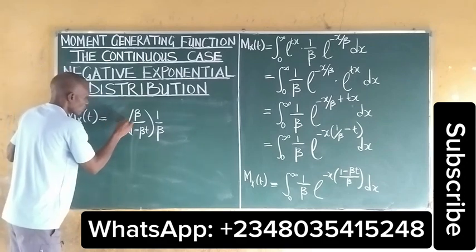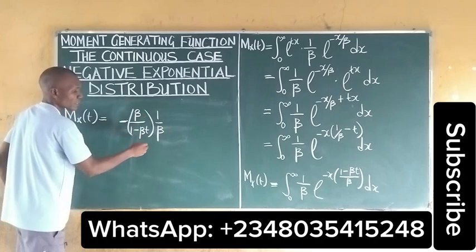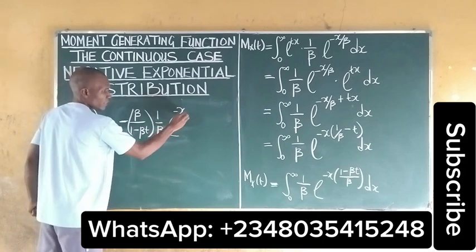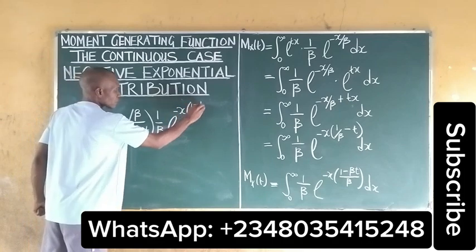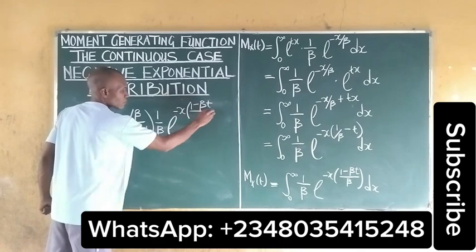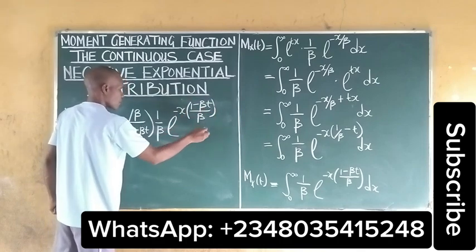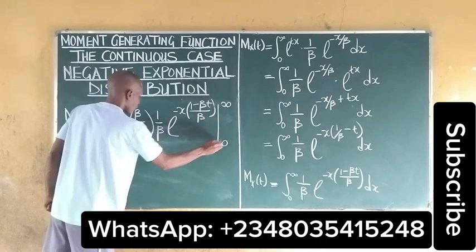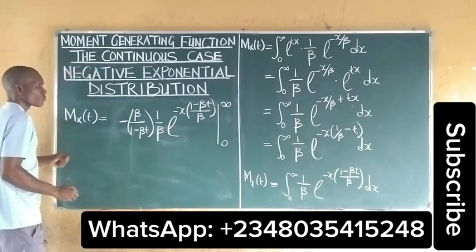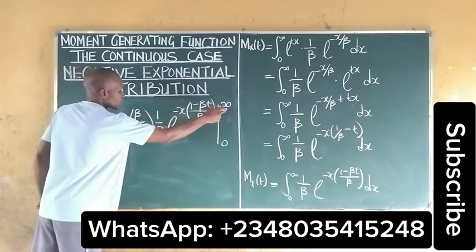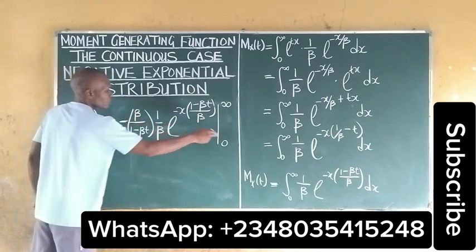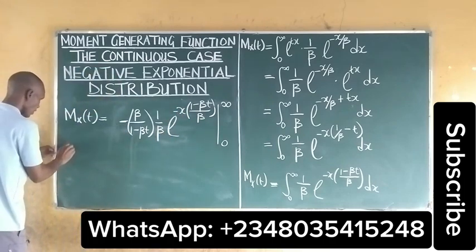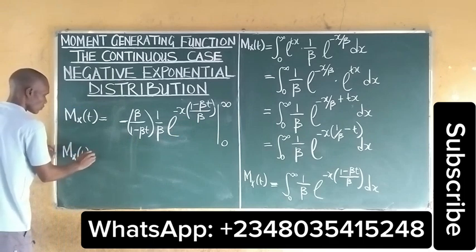So negative beta all over 1 minus beta t, we are integrating already, exponential x times 1 minus beta t all over beta, then from infinity to 0. Anywhere we see x, we substitute infinity, and minus anywhere we see x again, we substitute 0 to give us our moment generating function to be